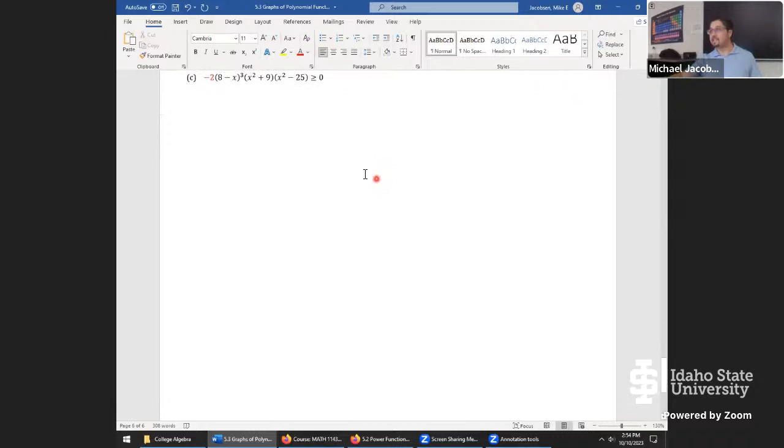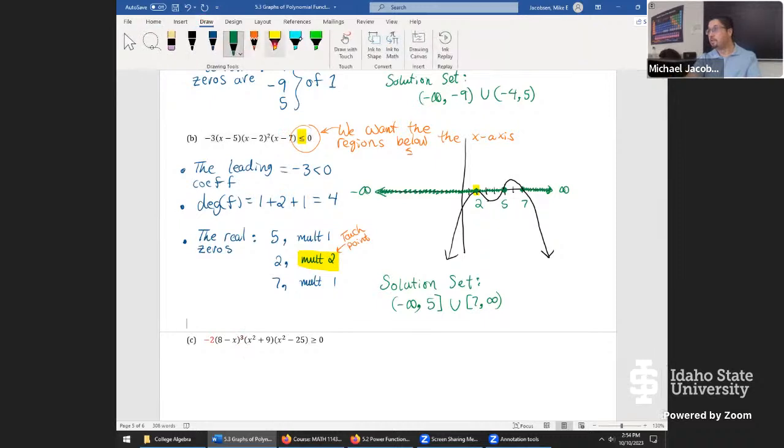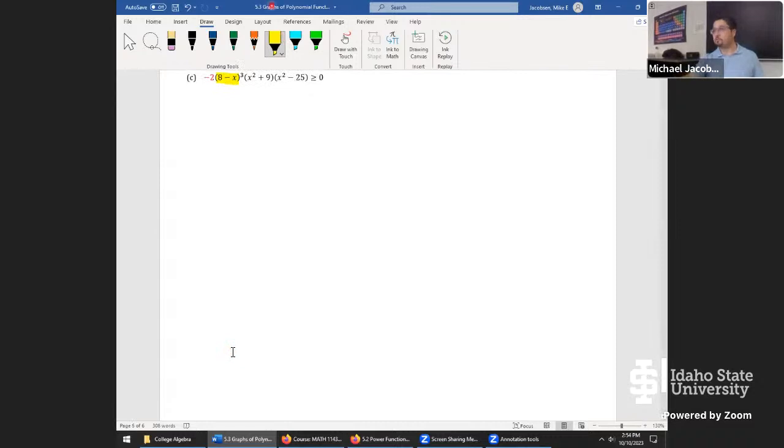First thing we look at is we want to have things in a nice format. It should be a variable x and then a constant term, much like this one with x minus 5, x minus 2, quantity squared, x minus 7. That's terrific. But in this problem, I would say this is the nastiest part right here. 8 minus x quantity cubed is not helpful for us if we're graphing this thing. We would rather have an x minus 8. So we need to factor a -1 from that group in yellow. Factoring a -1